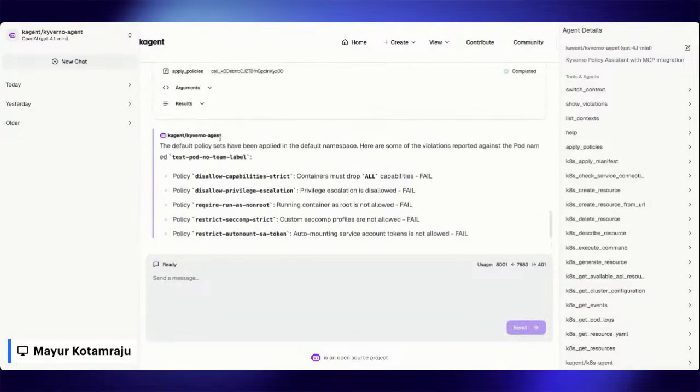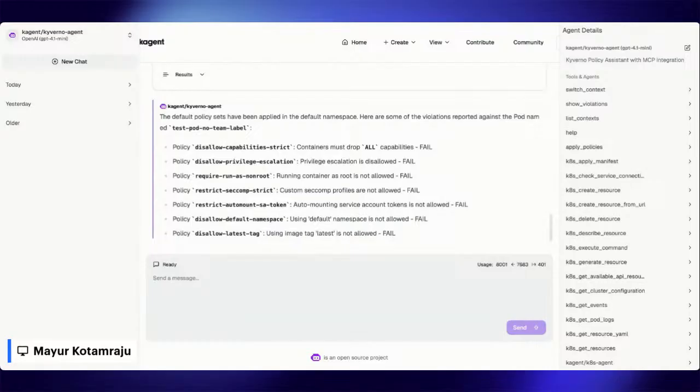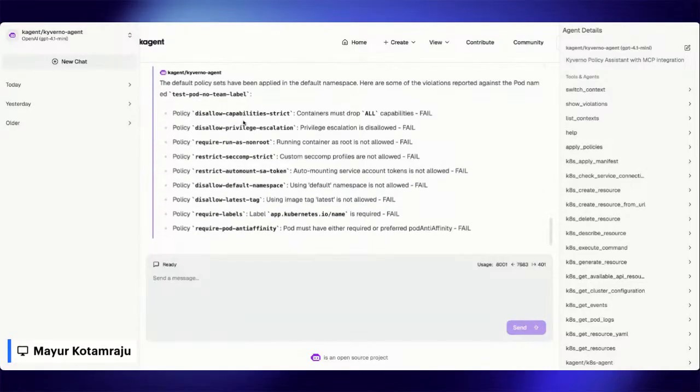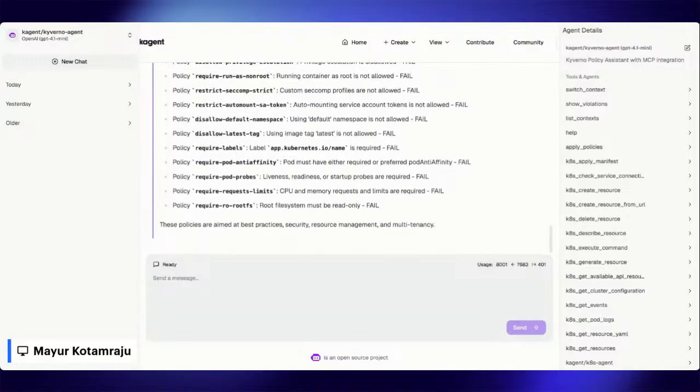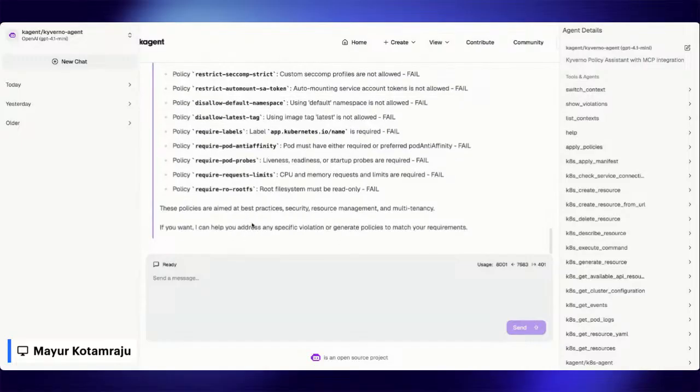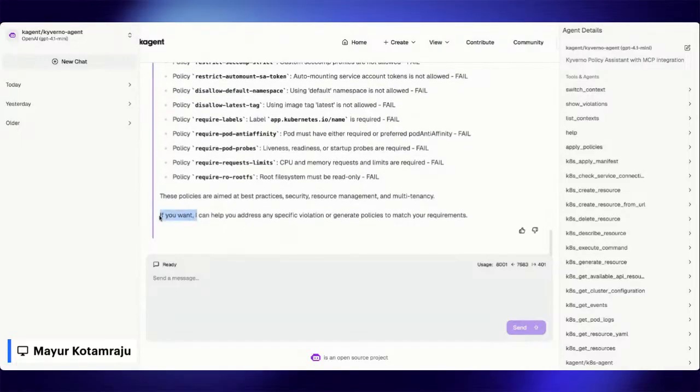And there you can see here, it scanned it, and you can see that simple pod that I just deployed has violated a lot of these different policy sets. For example, running as root, default namespace, you don't want to deploy there. I'm using Nginx latest, for example. So you can see just with me using our tool, I ran it with the policy set and I'm getting a quick summary of everything. In fact, if you go here, it can even tell me, if you want, I can help you address this and generate those policies to match your requirements. So again, with my intent, give me the results and also follow up in terms of how I want to resolve this. So I have a couple more things I wanted to showcase to you as well.